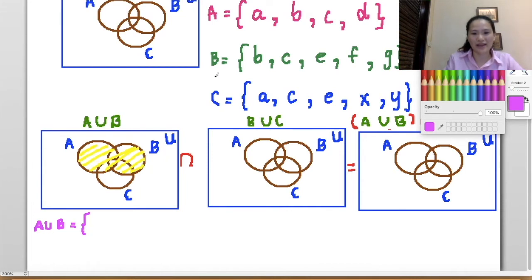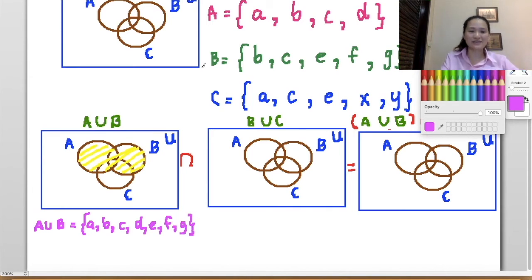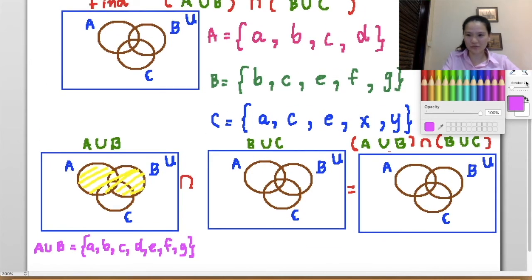Set of A, B, C, D, E, F, G. Yep, right down here: A, B, C, D, E, F, G. You see them? Union means, again, union. You have to remember the concept of union. Union means add, you add everything together. So A union B is A, B, C, D, E, F, G. You put all of them together, and now that is the answer. Then we want to intersect with